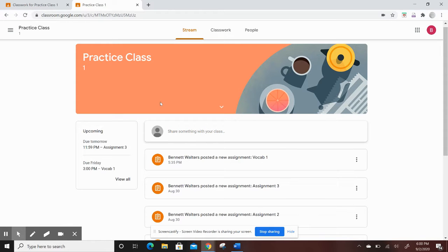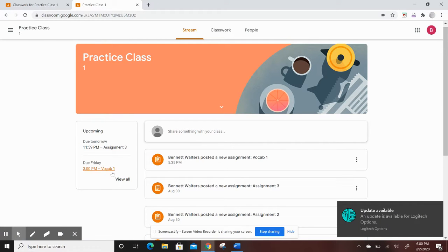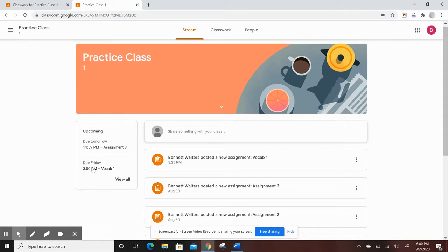So another important thing you can see over here is upcoming. So for this fake student that I made, all right, they have something due tomorrow. They have assignment 3 due tomorrow at midnight. And on Friday, they have an assignment due at 3 p.m. for vocab. So this is a spot where you can quickly see everything you have upcoming that needs to get done quickly. Now, if I go to classwork up here at the top,